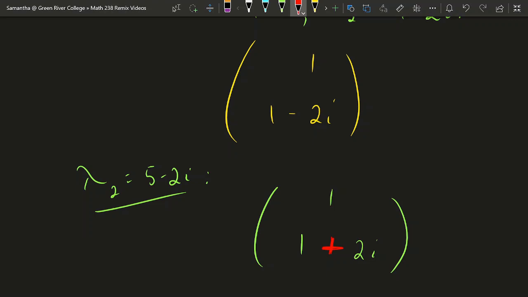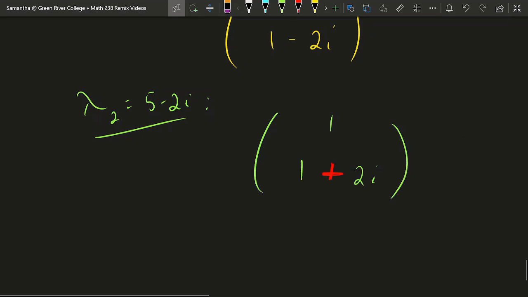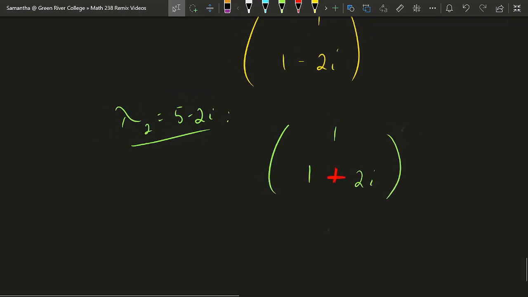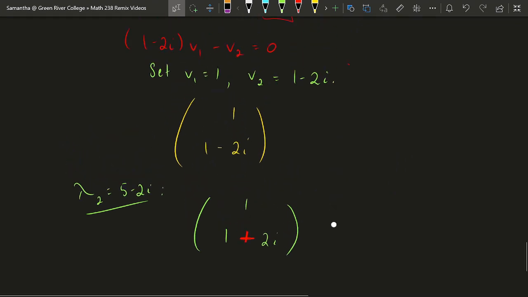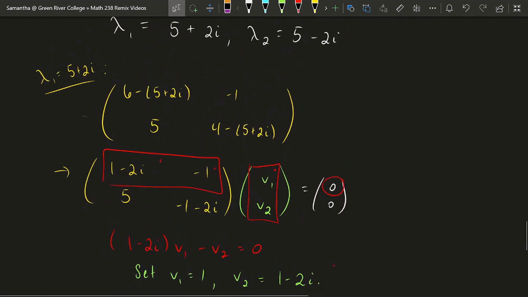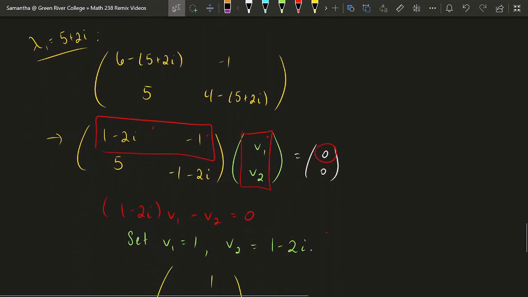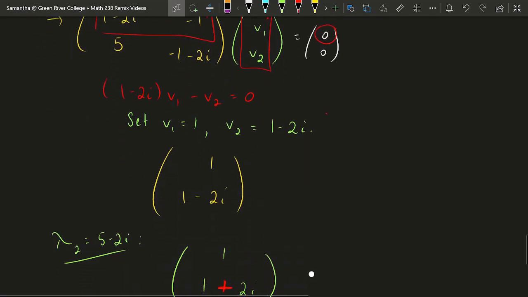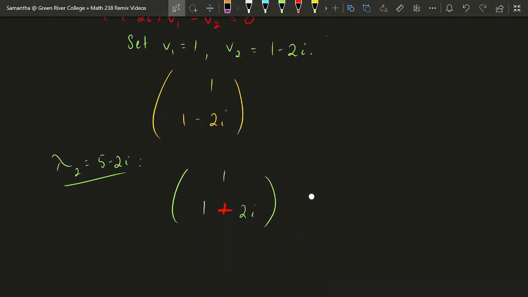So, when you are finding the eigenvalues and eigenvectors of a matrix and the eigenvalues are complex, then there's usually a bit of extra mental work to do up front. Finding that first eigenvector can be a little bit tricky, but once you've found that first eigenvector, you've got the other one for free. All you've got to do is change the sign of the imaginary part, get the conjugate, and you're finished.